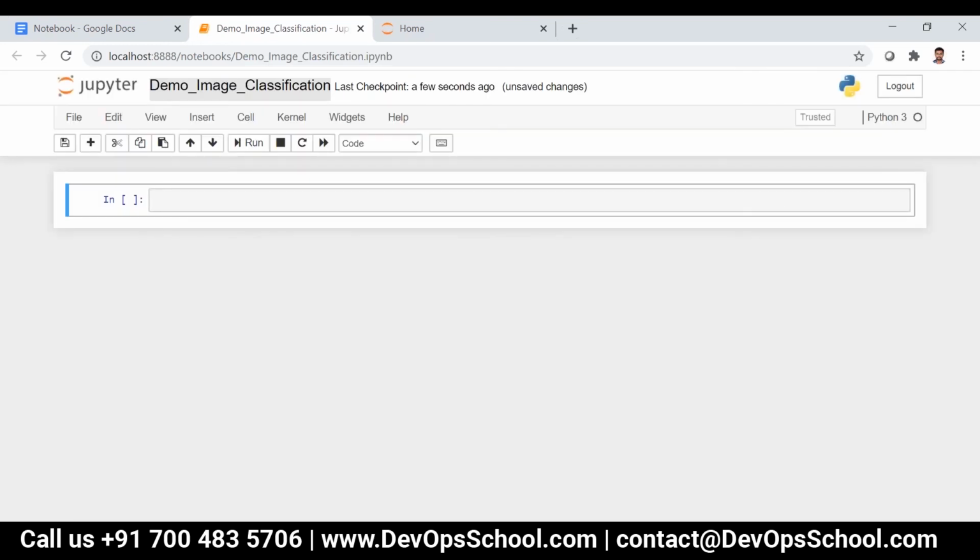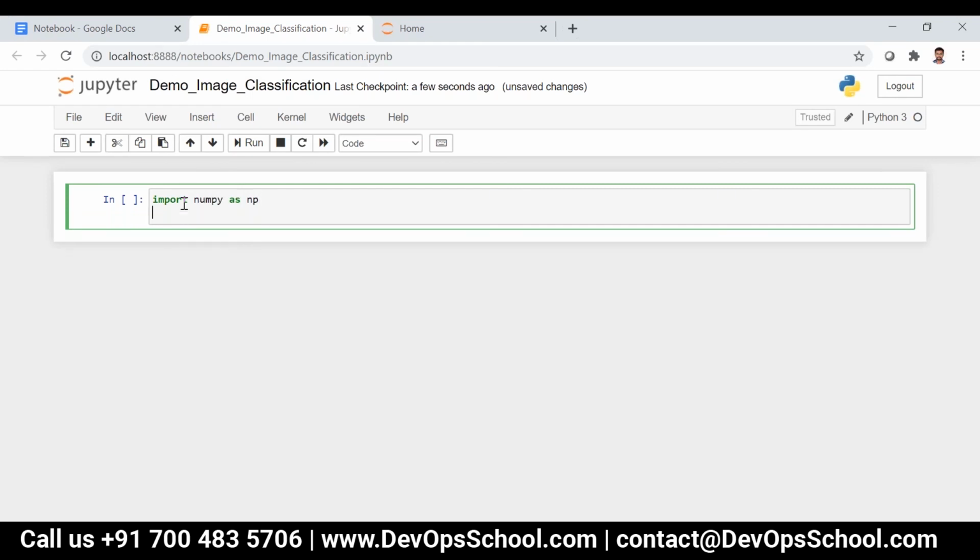Let me write import numpy as np, and then from tensorflow.keras.datasets import mnist. This is the inbuilt dataset.